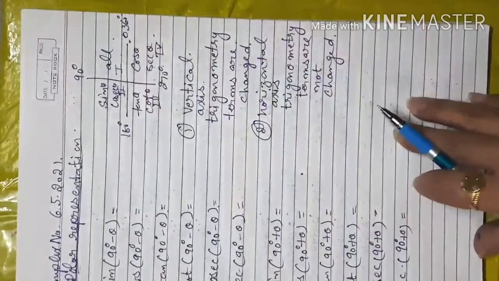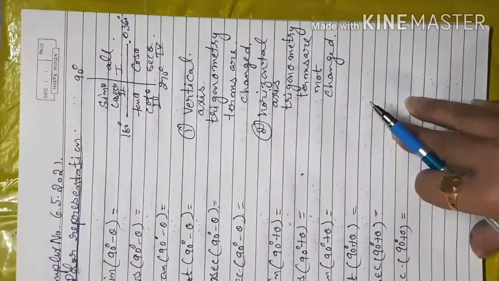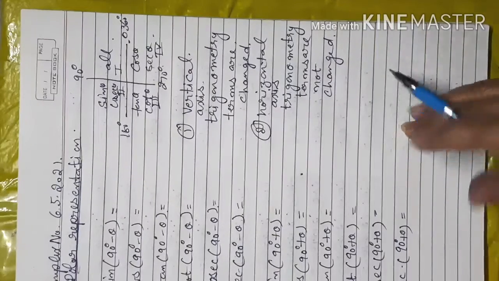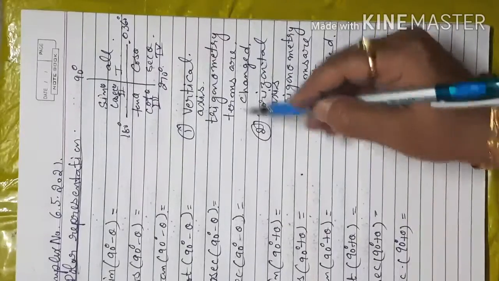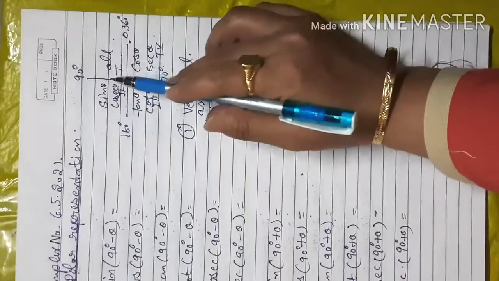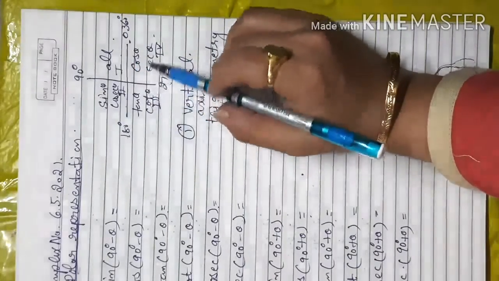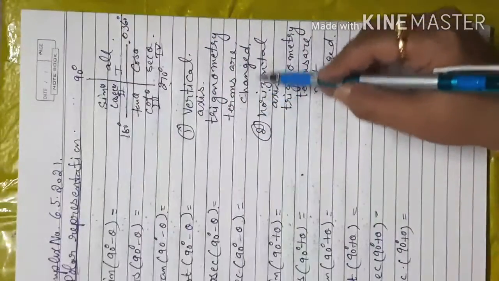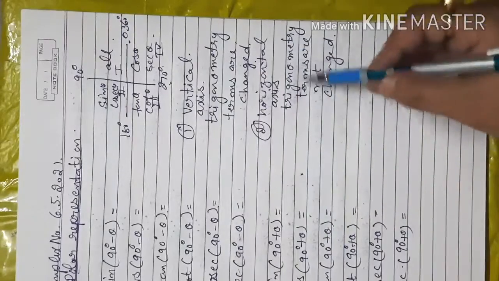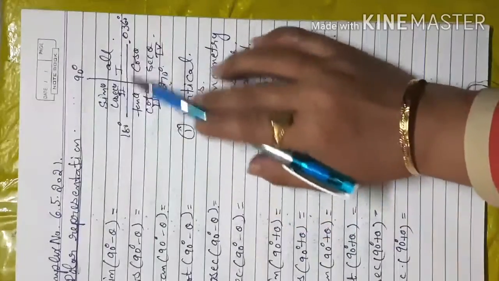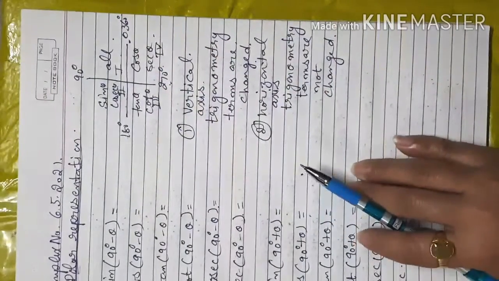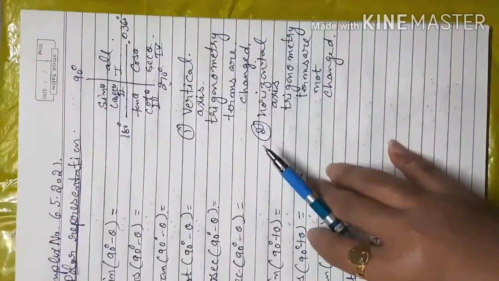Now further, how do these values relate to sine theta, cos theta and all 6 trigonometric terms? The very first thing: when you are applying the vertical axis angles like 90 degree and 270 degree, if you apply 90 degree minus theta and 270 degree minus or plus theta, your trigonometric terms are changed. That means if it is sine theta, that changes to cos theta. But on the horizontal axis, if you are using the angles 180 degree or 360 degree, your trigonometric terms are not changed because of the base.